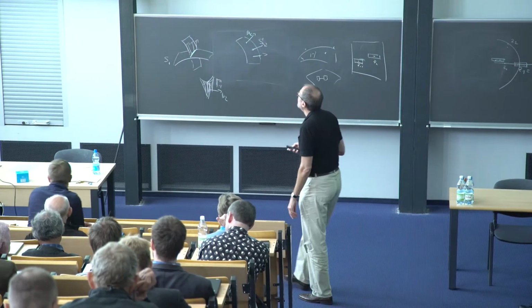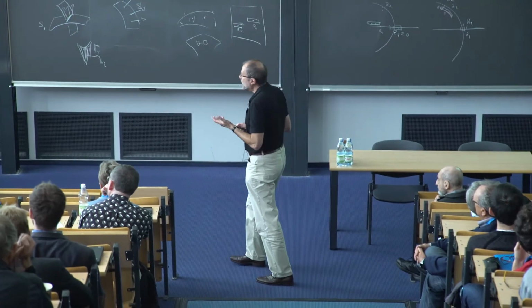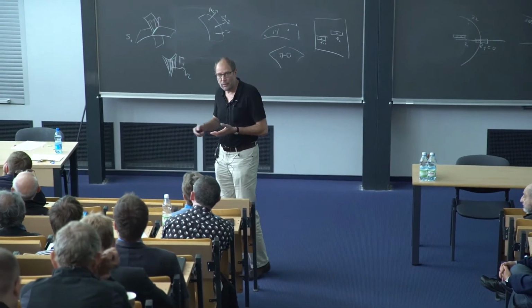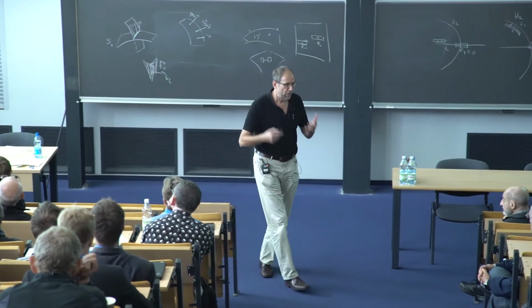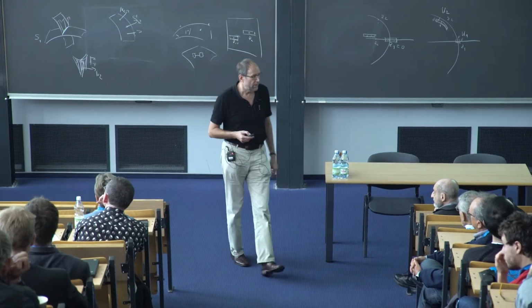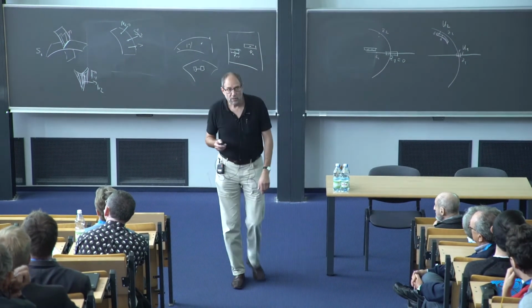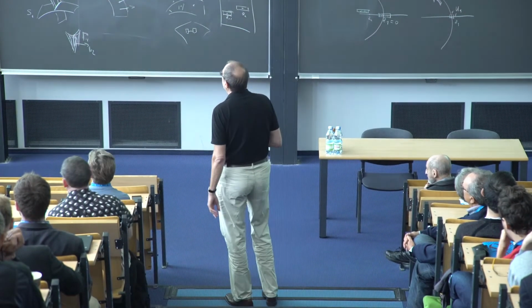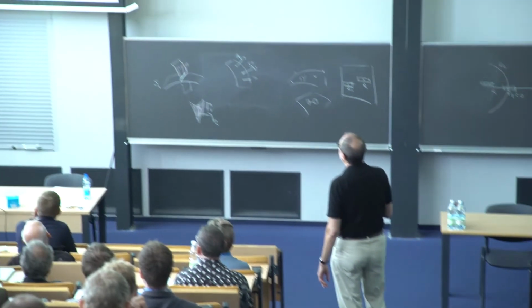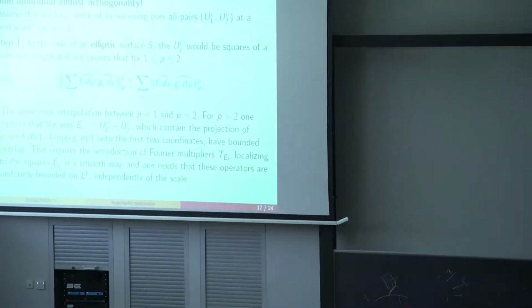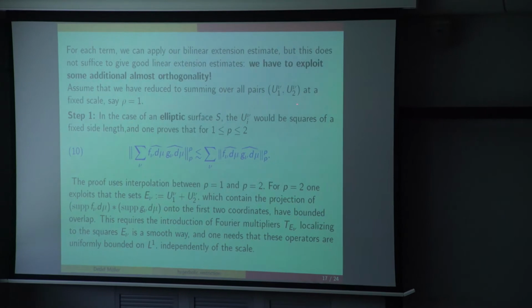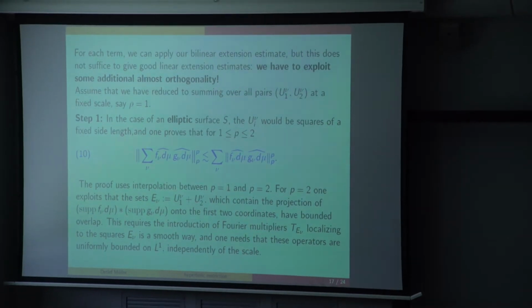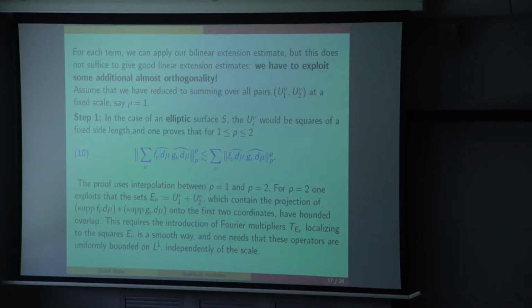Okay. And the point is, of course, for each term we have a good bilinear estimate, but you cannot just simply sum them. I mean, this is too rough. You need some orthogonality arguments again. And for that, let's also just have a look at what happens in the elliptic case. So in the elliptic case, we want to sum over all these pairs u1 nu, u2 nu. As in our case, just imagine you have lots of such pairs here, and then group things together.